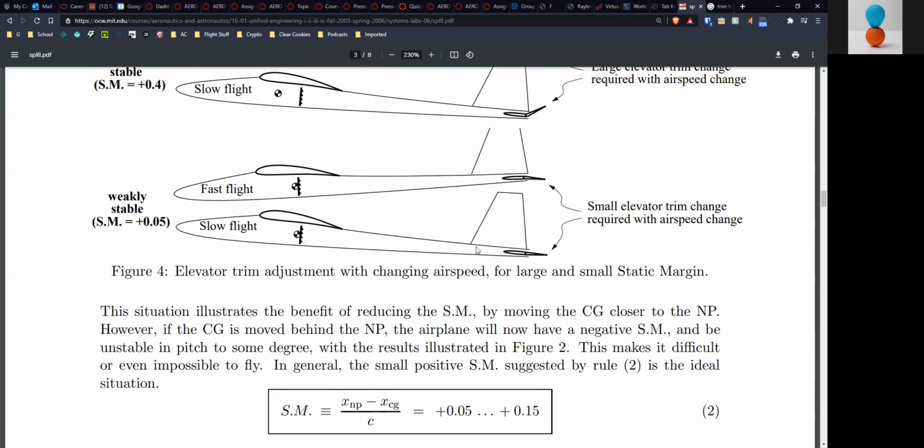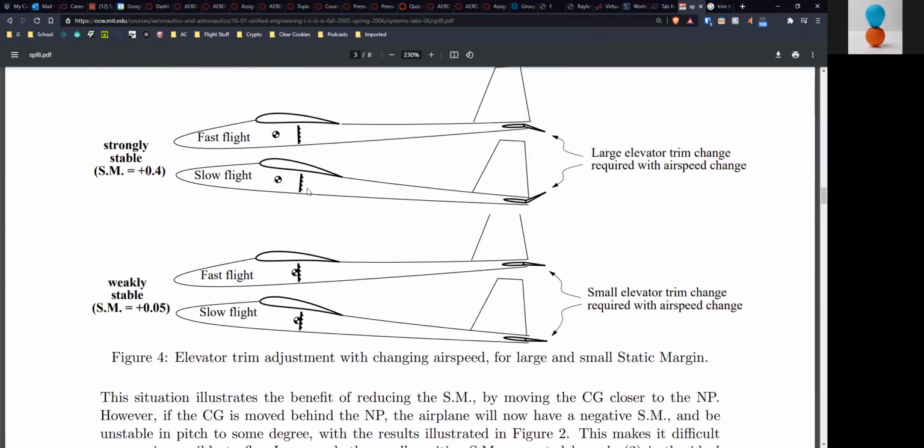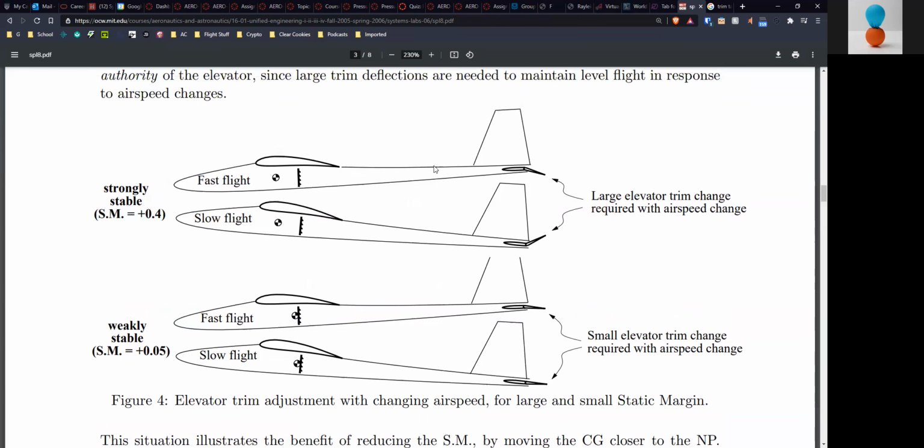And so the other benefit of being weakly stable is the plane is more maneuverable, basically. For a given control deflection, it'll maneuver more intensely, more greatly, I guess. And for your total range of control deflection, you can get more maneuverability out of the aircraft than you can if it's more stable. For example, a dart is very unmaneuverable. Even if you made the little fins movable, you'd have a hard time steering it because it doesn't want to turn very much. Whereas,